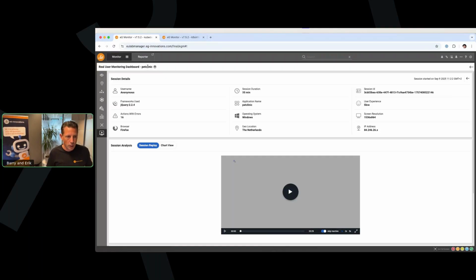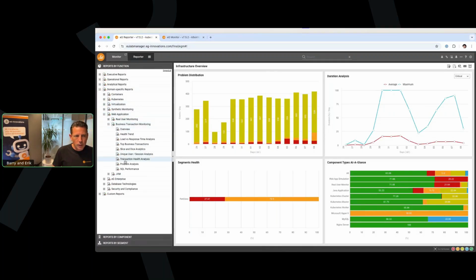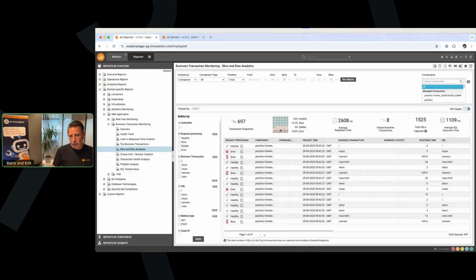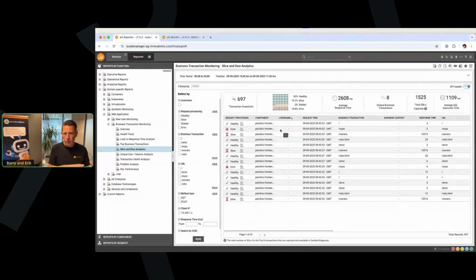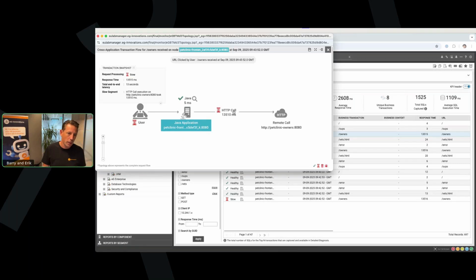from a user's perspective. Of course, transaction monitoring, as was just shown by Eric, plays another role in this, where we can actually see what's happening on the web server running on the Kubernetes environment. So if we have the Java, Apache, or Tomcat web server, we auto instrument it for transaction monitoring, and then we can see the actual transactions within that application. So where we were just seeing the transaction from a browser perspective, we now see it from the web server perspective, where we can actually see, okay, what's happening on the backend and why is a certain application slow or why is it giving an error.